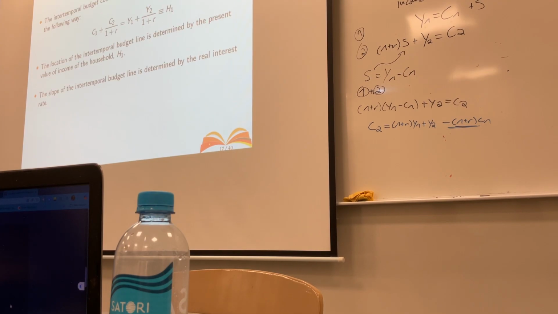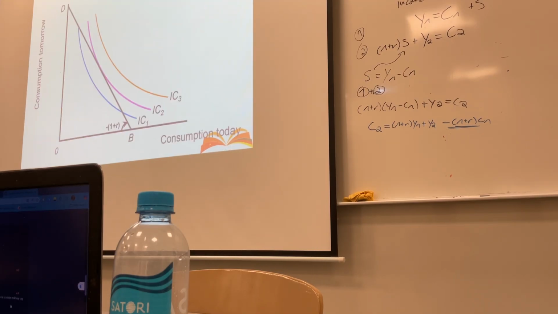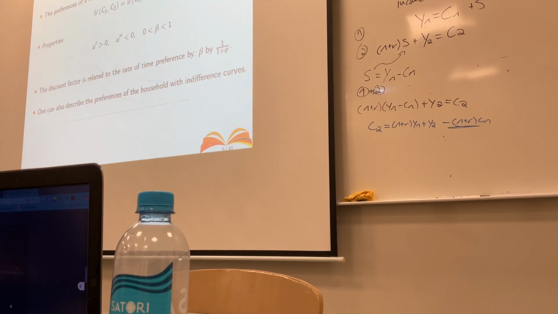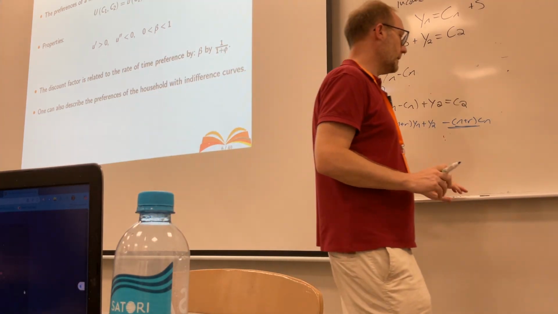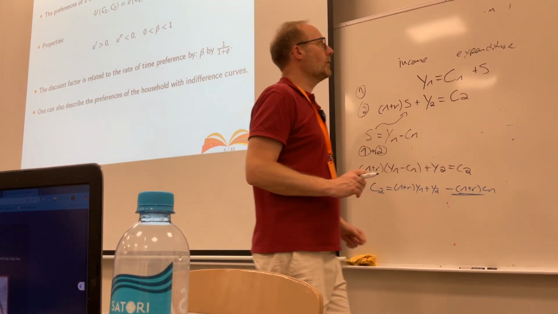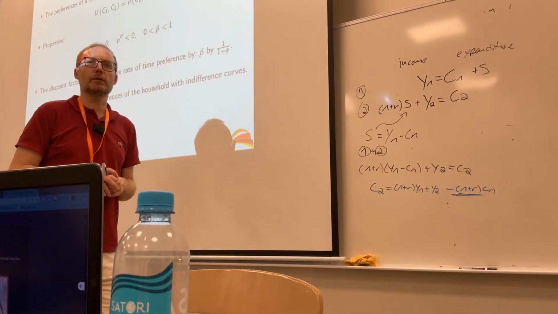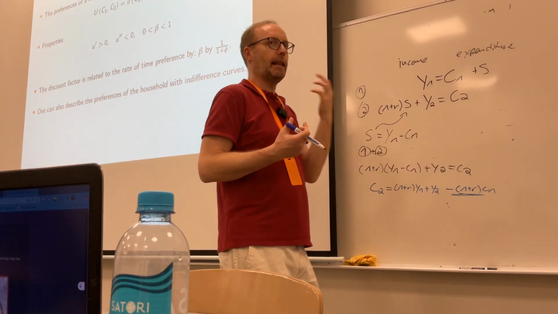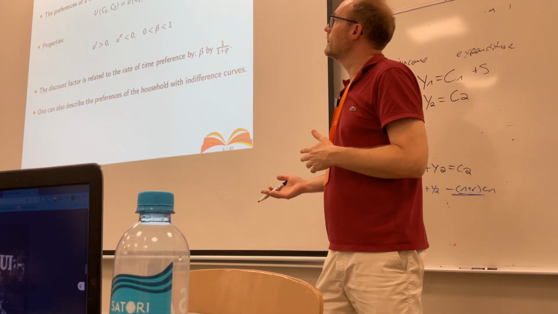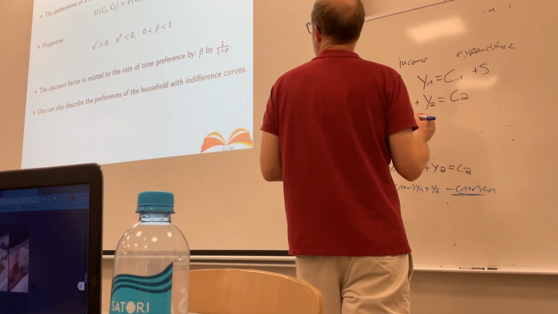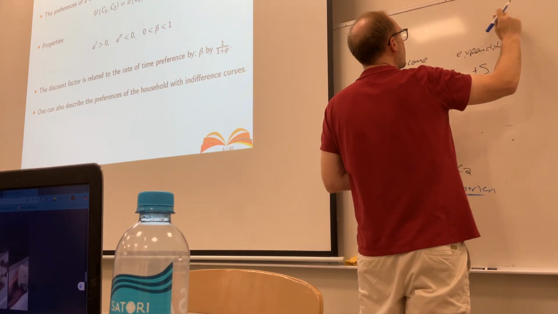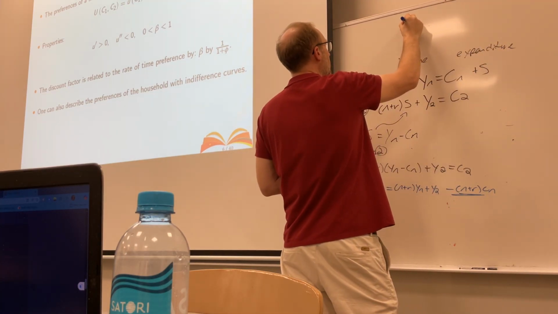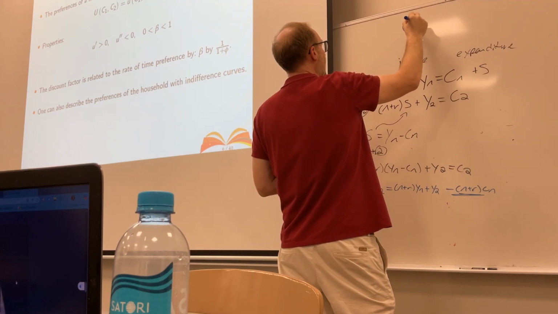Let's look at our utility function, and I want to know the marginal rate of substitution, the rate at which I would like to exchange C1 for C2. If I'm at the optimum